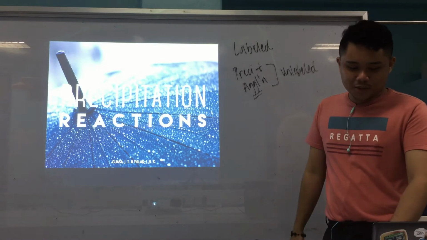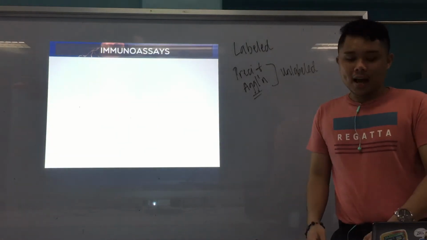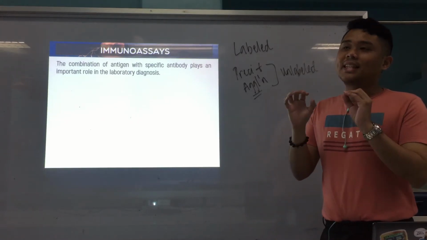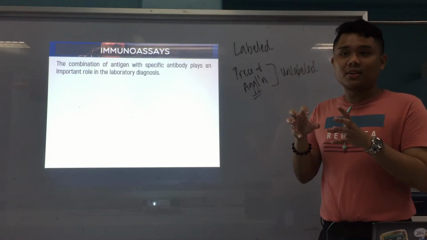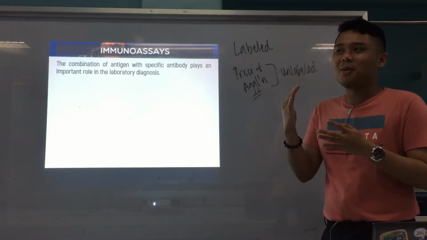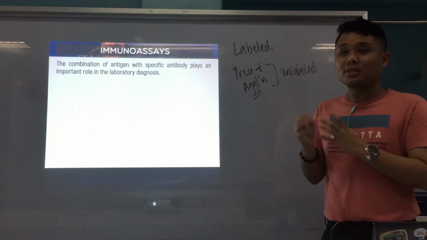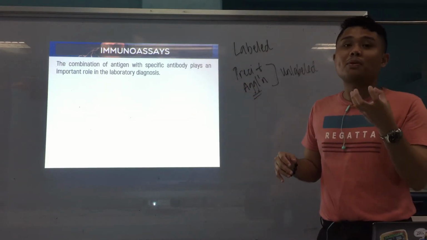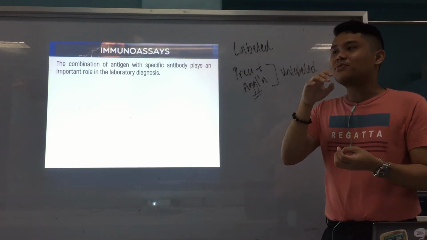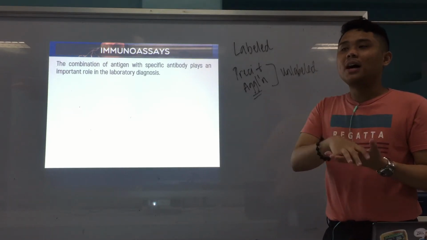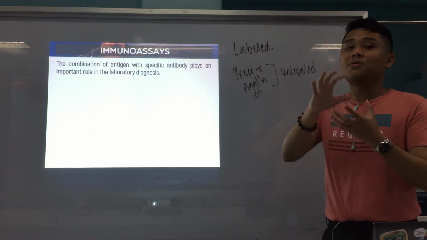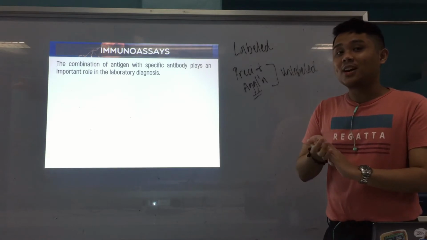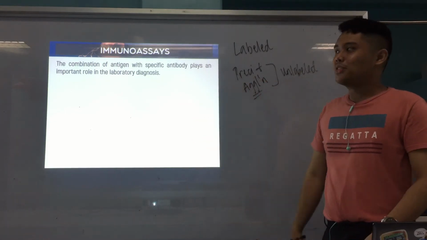Okay. All right. So we'll start first with your immunoassays. So, why are we talking about precipitation and agglutination? Because these reactions are what we exploit, or what we use as a basis for our immunoassays. And these immunoassays are what we perform now in the lab, all right? So we base these immunoassays on these two reactions, okay? Generally, you have precipitation and agglutination. And for the first part, we'll talk about precipitation.